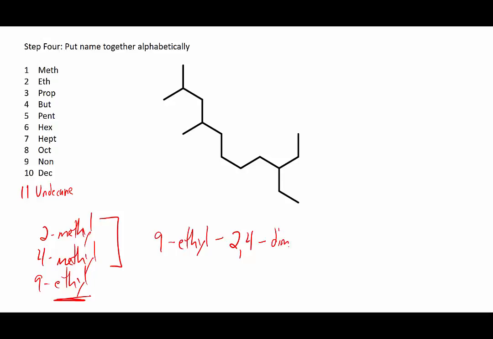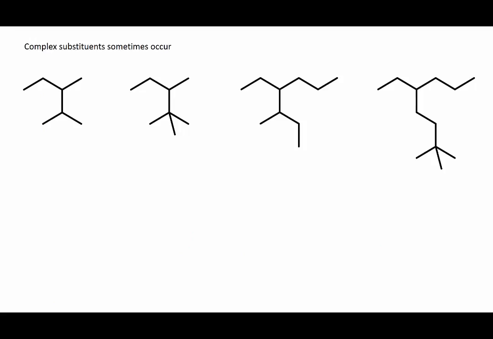If there were 3 methyl groups, we would say trimethyl. If there were 4 methyl groups, it would be tetramethyl. But in this case, this is 9-ethyl alphabetically, 2,4-dimethyl. The prefix doesn't count in this case for alphabetical order. Decane. So let's take a look at some examples where the substituents are actually more complicated than a simple ethyl